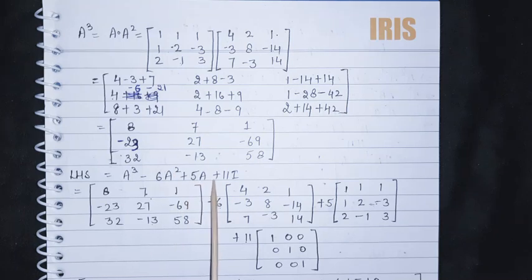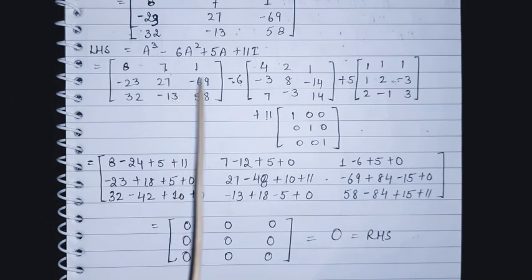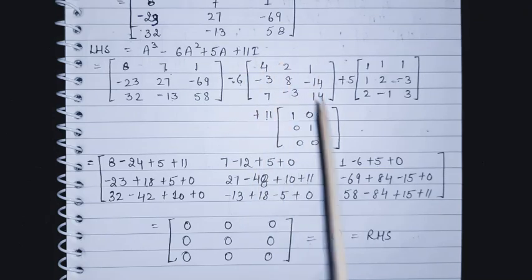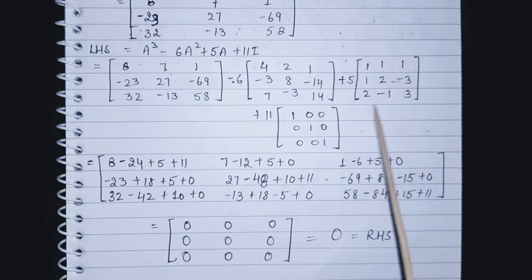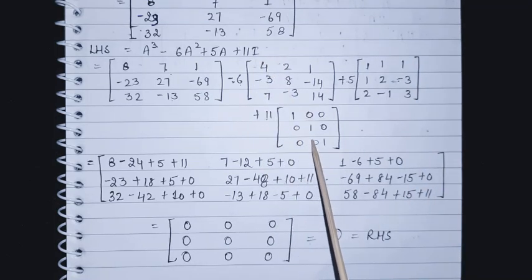Now the left hand side of our given matrix equation is A cube minus 6A square plus 5 times A plus 11 times I. As usual, the order of I is not given, but because the order of A is 3, we will take an identity matrix of order 3 here. So let's substitute the values. A cube is already with us. We have substituted the value of A cube here, minus 6. We have also calculated A square. So this is A square, plus 5 times A, which was already given in the question, plus 11 times identity. So we have taken an identity matrix of order 3 here.